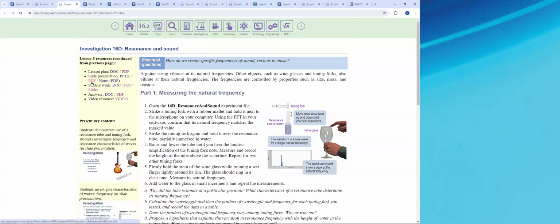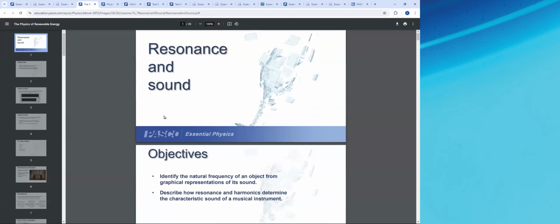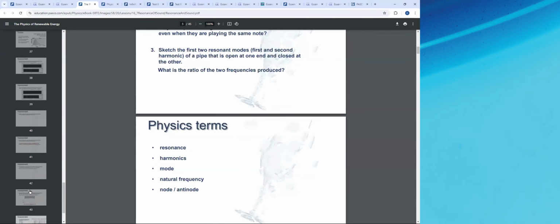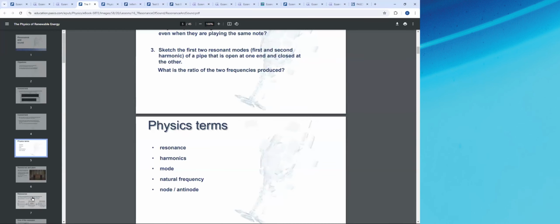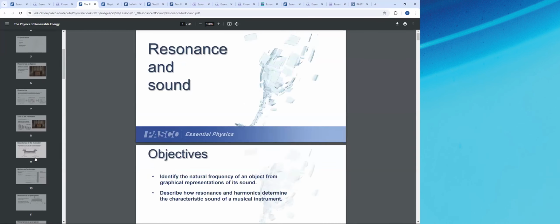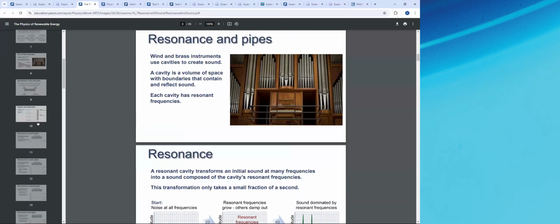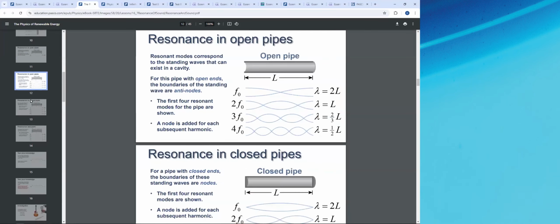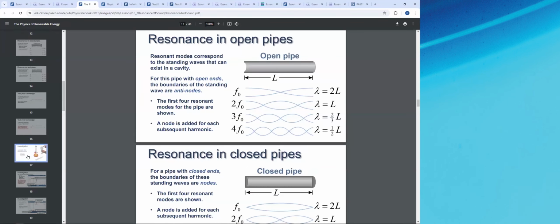Next up, the slide presentation. I'm going to open up the PDF version because it opens in my browser, but we have an editable PowerPoint and the student notes as well. So let's take a look at the lesson slides, and I'm going to zoom down here. There are 45 slides here. This is going to have background information, objectives, talk about things like resonance and pipes, and eventually we're going to get to a section that is specific